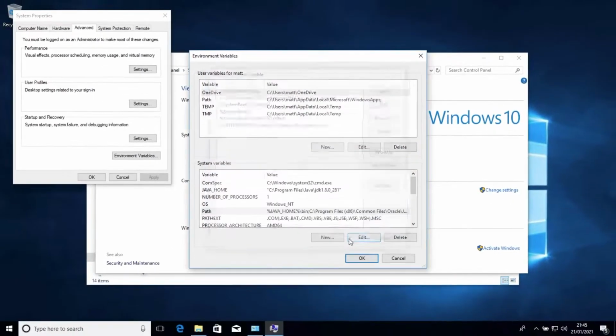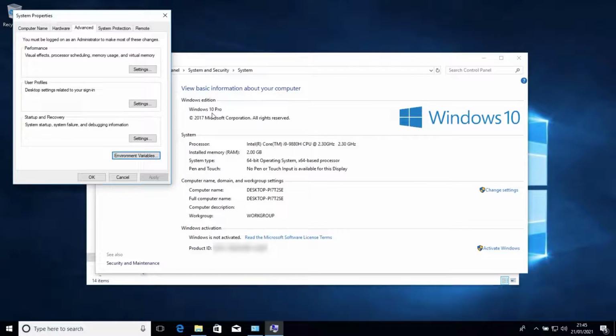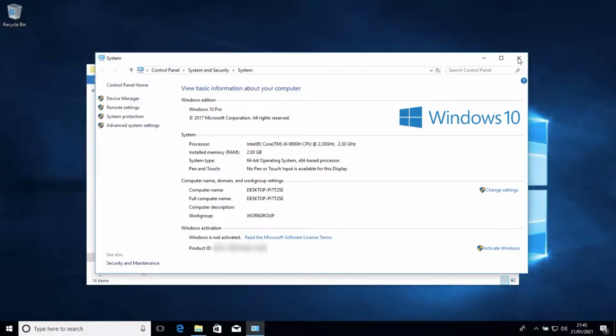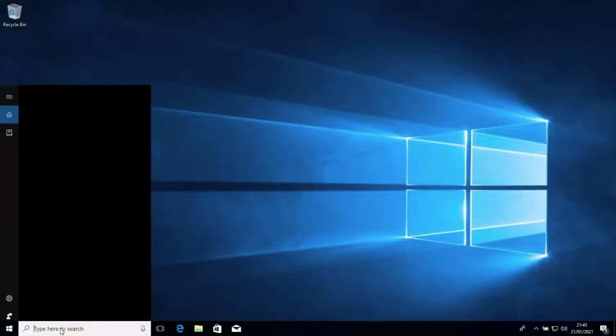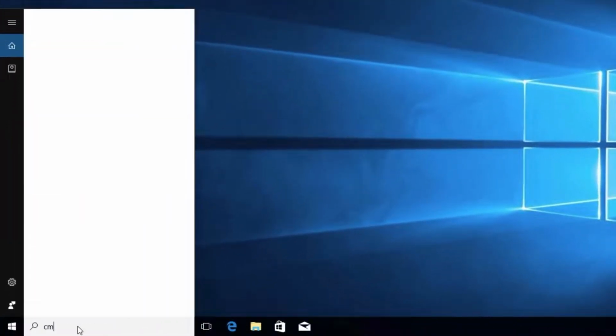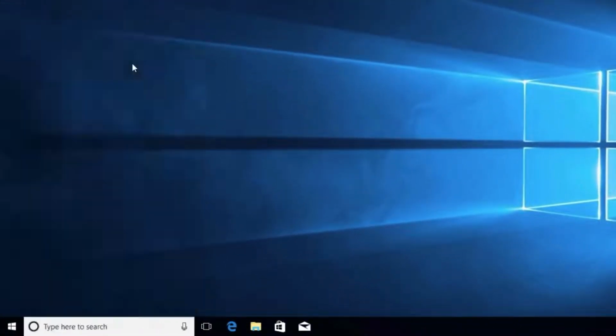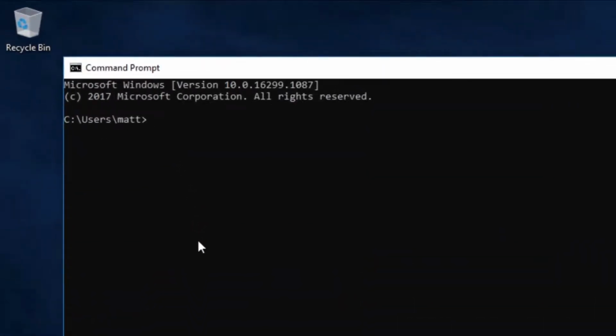So if we click OK to this, and OK to this, and let's close some of these windows, we're going to go into the command prompt, or this DOS prompt. If you type CMD, you'll see here we have this command prompt. Click on that. And now we're in a thing called the DOS prompt, or as it's now known, the command prompt. And it's called that because it's prompting you, prompting meaning to ask. It's asking by virtue of the fact this cursor's flashing here. It's asking you for a command. It's a command prompt. Makes sense, yeah?